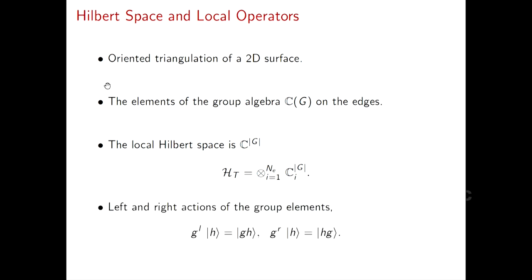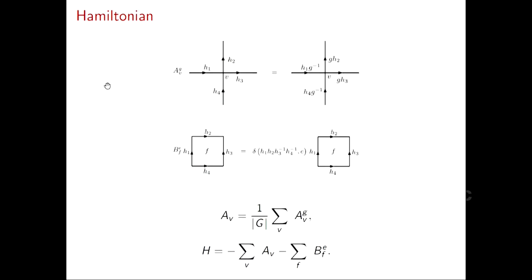So on every edge, I have these operators. If g is an element of the group, you define the action on some other element of the group, which is located on the edge, the left action and the right action. So this g is just going to act from the left hand side, and over here the g will act from the other side, the right hand side. So with this input, you will be able to define